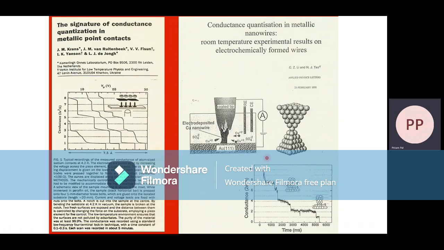Here on the left, they have used the method where they have broken a strip of a metal by applying strain to it, and they have observed in this kind of metallic system, in point contacts, evidence for conductance quantization, but the constriction was so thin that it only constituted a few atoms in width, and the same findings were confirmed in this experiment